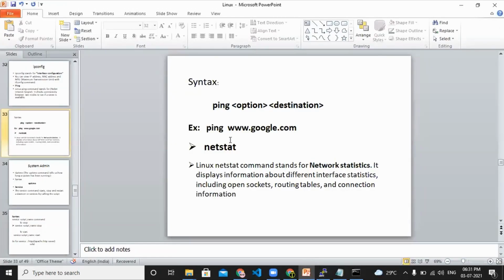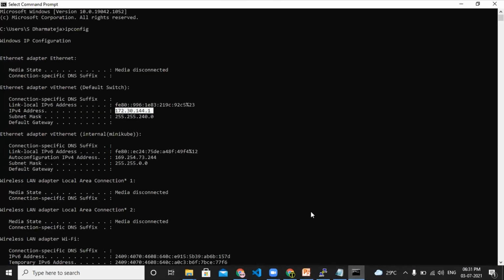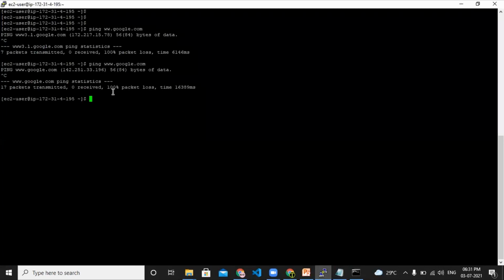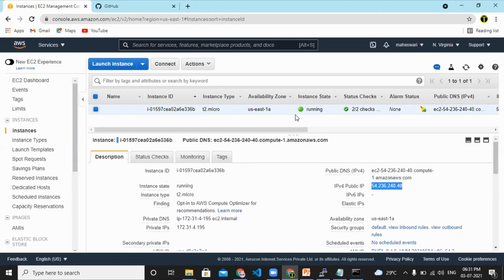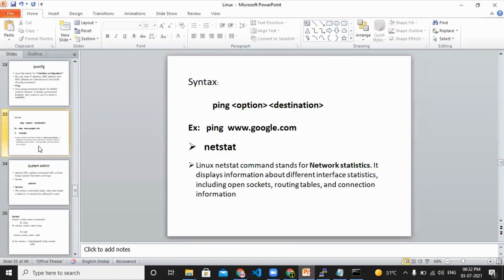So we can see whether a particular machine is alive by using its IP address. In a cluster we have different IP addresses. Here we have only one machine, but if we have different machines, from here we can see whether each machine is alive or not by using the ping command.